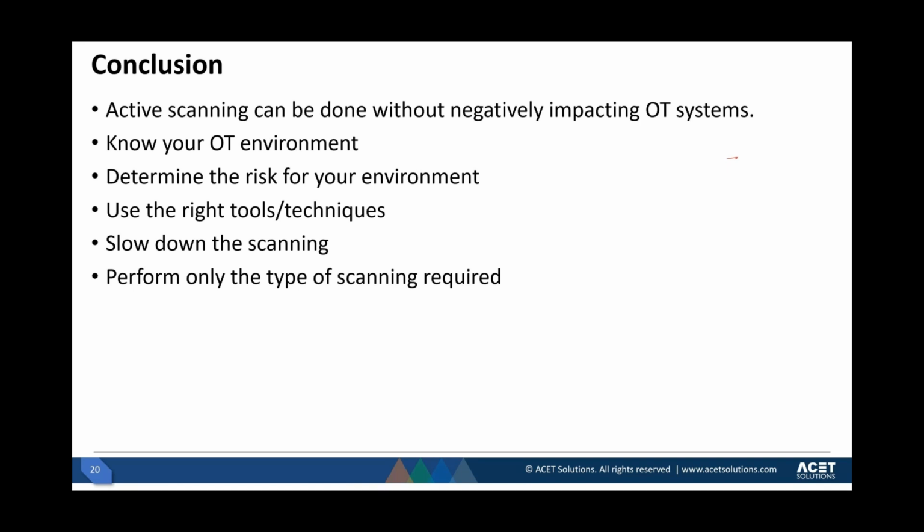And even if you understand how active scanning works, if you don't have these 4 points that are on the screen, know your OT environment, determine the risk, use the right tools, if you don't follow these, then yeah, people are going to be scared of it. Nobody wants to be the person who caused the shutdown in a plant. I don't want to be that person. So if you don't know how it works, then definitely you would be cautious about using it.